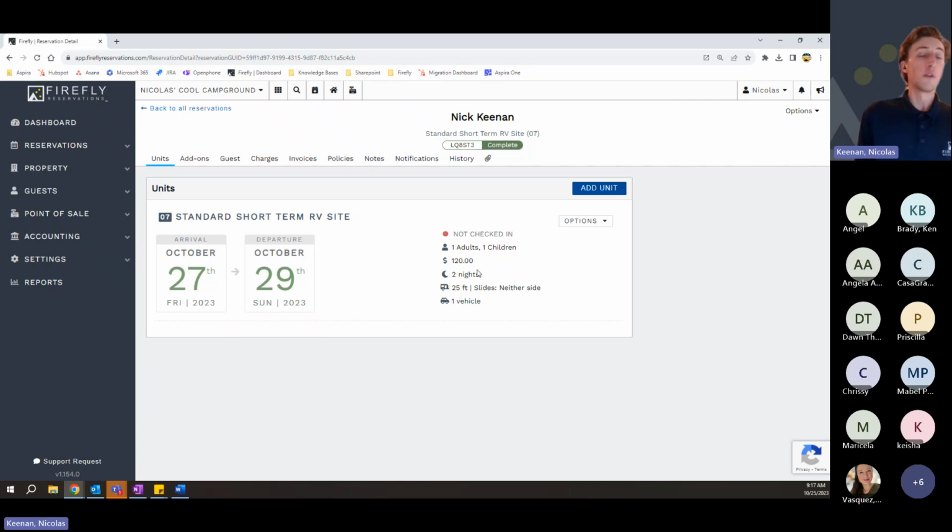So once you do create the reservation, more likely than not, we imagine that your next step is going to be to take some form of payment, whether you're collecting 100% of that amount that is due, or a certain amount of deposit, one night, 50%. You can then go and take payment right away after you make the reservation. So to do that, once you make the reservation, as you noticed, Firefly will open up that specific reservation page. From here, using my tabs that are listed out up top here, I can go ahead and